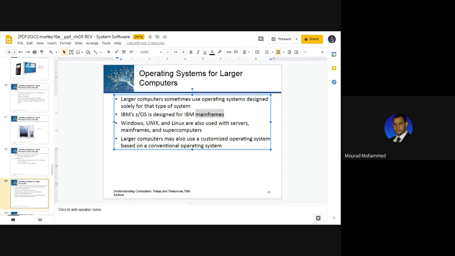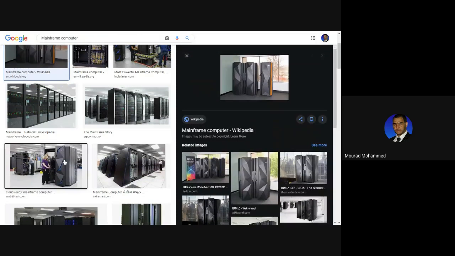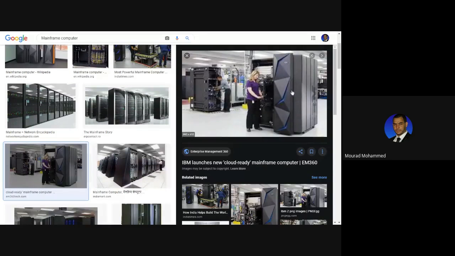I'll show you one graph of the mainframes. See here, this is actually a mainframe. This is one mainframe, this full machine here. See the size compared to a human being. Actually, it's an enormous size, and it's just one mainframe. It helps users to get connected to it,